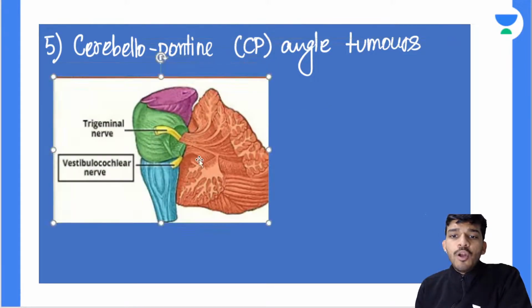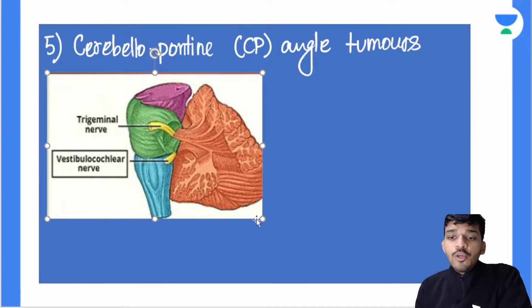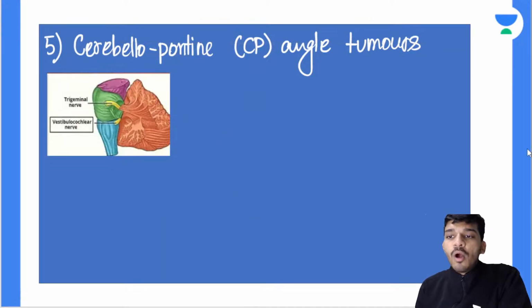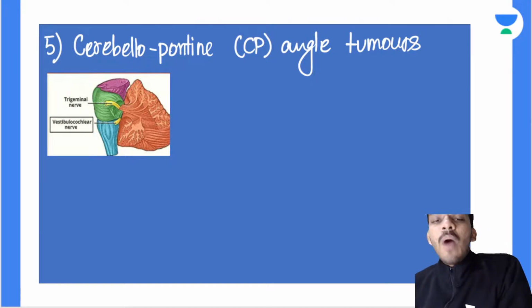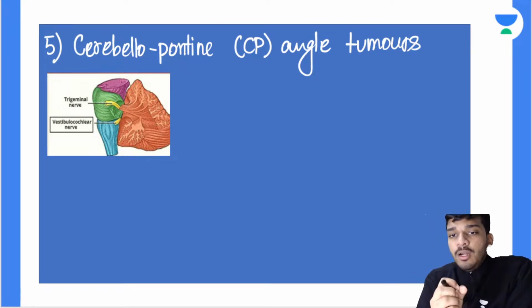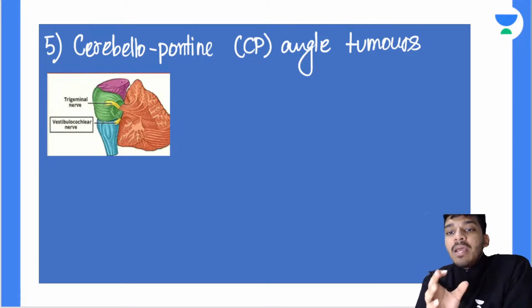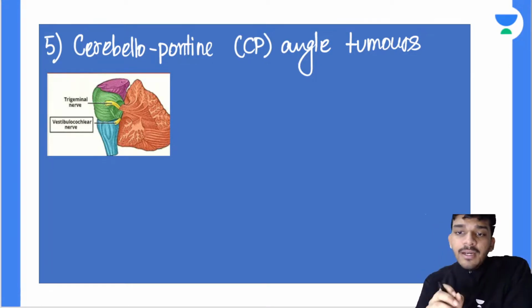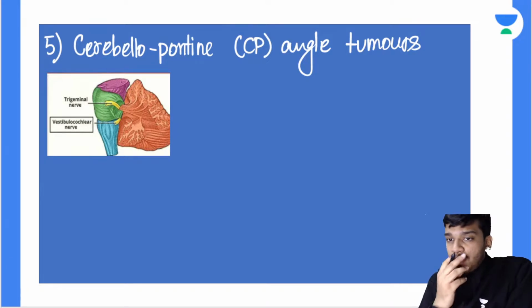At the cerebello-pontine angle, the important thing is that you have some important structures. You have the choroid plexus of the fourth ventricle, you have the flocculus of the cerebellum, and very important, you have the facial nerve and the vestibulocochlear nerve, right? There is a tumor of the vestibulocochlear nerve called acoustic schwannoma or acoustic neuroma, and it is usually present in the cerebello-pontine angle. Because of that, you are going to have damage to